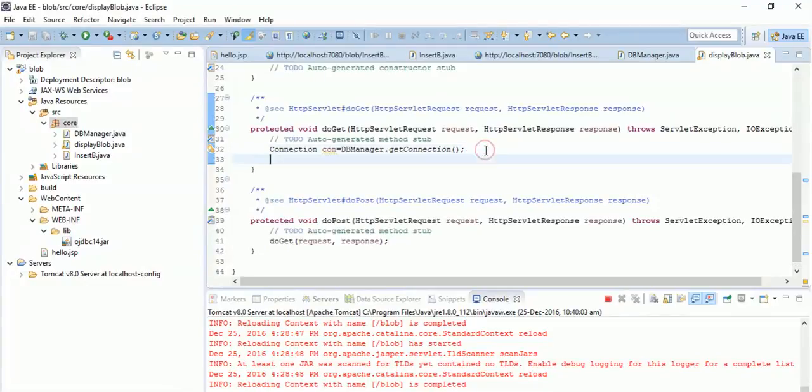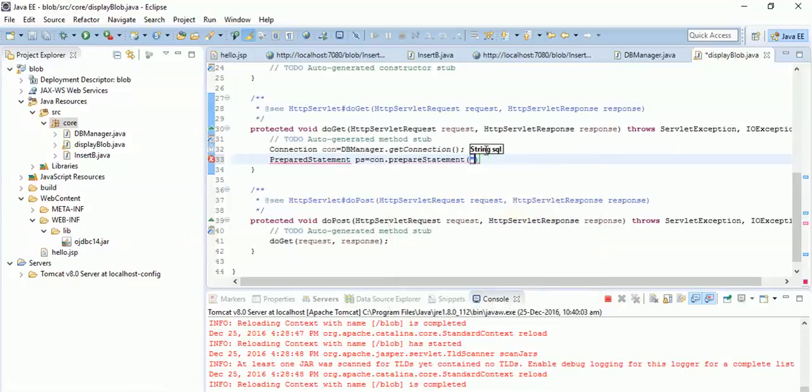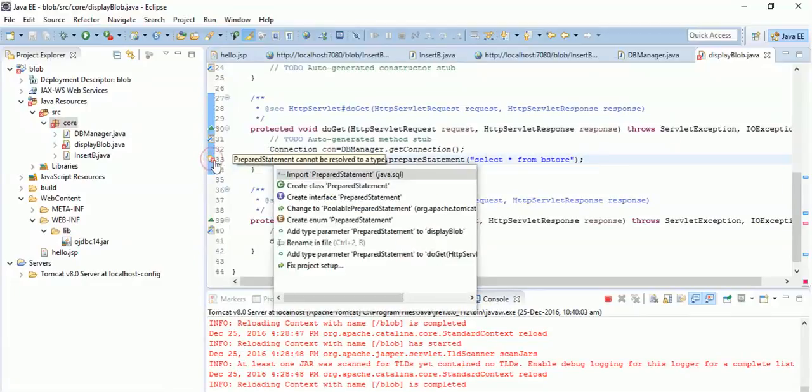Now once we have the connection, create a prepared statement: PreparedStatement ps equal to con dot prepareStatement, and then let us get all the records from the database. Select star from bstore is going to get us all the records,